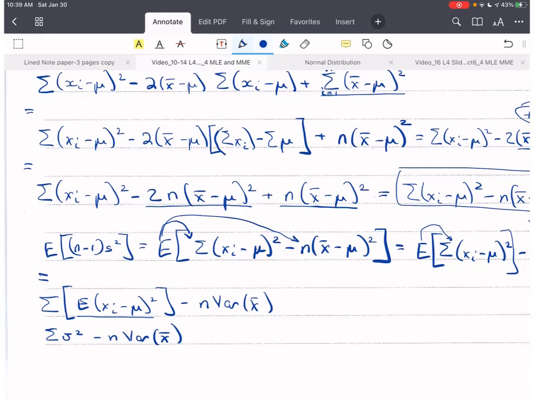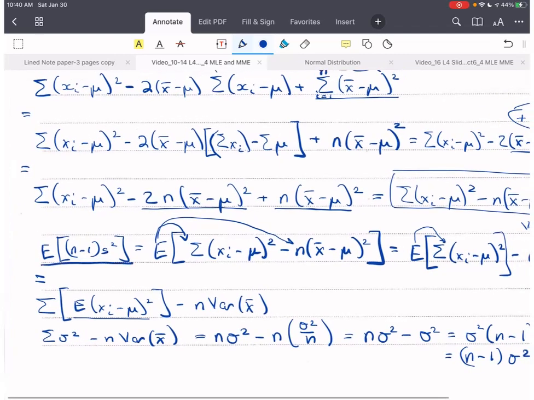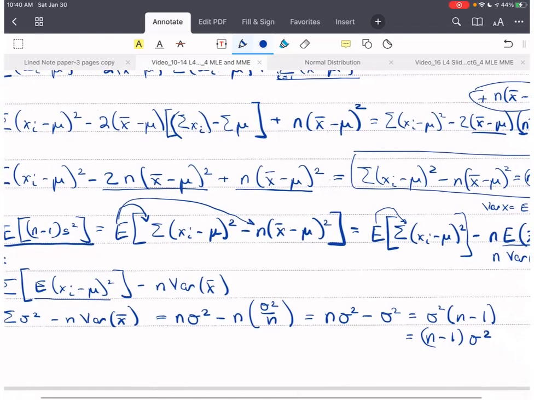Okay. So remember that this is going to be n times sigma squared, and then minus n, and the variance of x bar is sigma squared over n. Okay? So this is going to be n sigma squared minus sigma squared. And now I factor out sigma squared, and I get n minus 1. So this is equal to n minus 1 sigma squared, and that is E of this. So therefore,